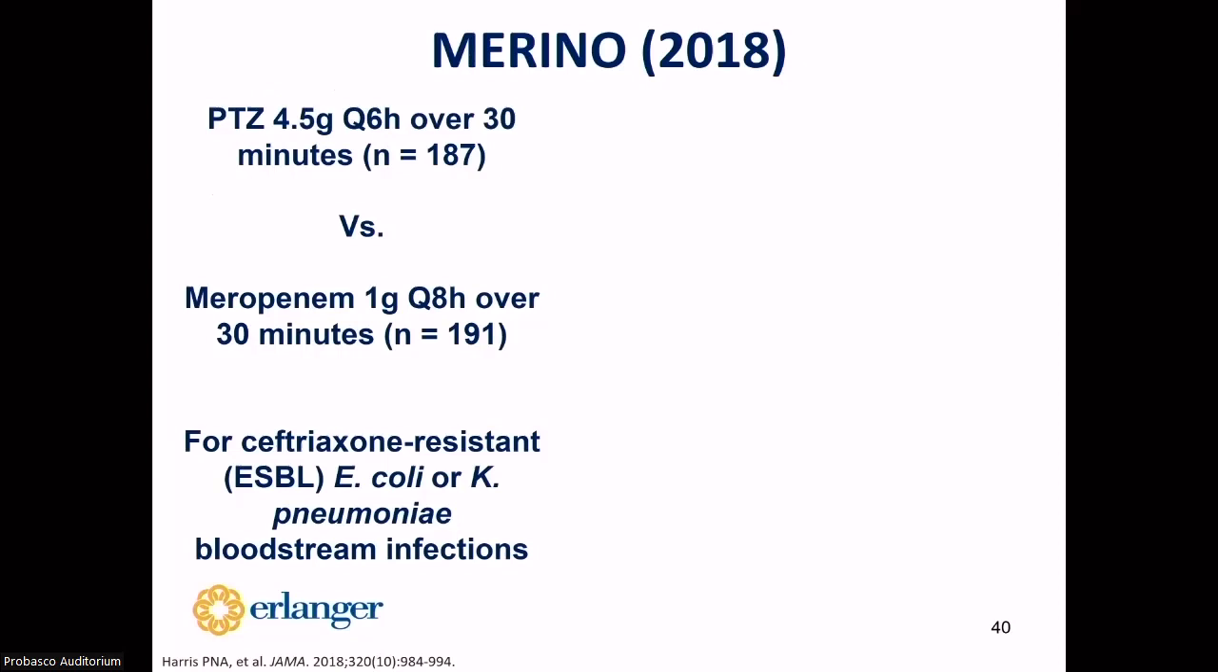So now we'll get into the MERINO trial. I'm sure a good bit of you have read this trial or seen this trial. But for those who haven't, this trial compared pip/tazo 4.5 grams every 6 hours over 30 minutes versus meropenem 1 gram every 8 hours over 30 minutes. So both standard infusions for the treatment of ceftriaxone-resistant